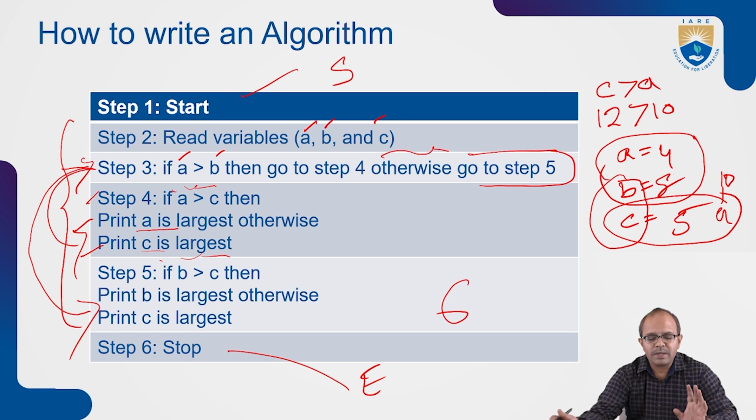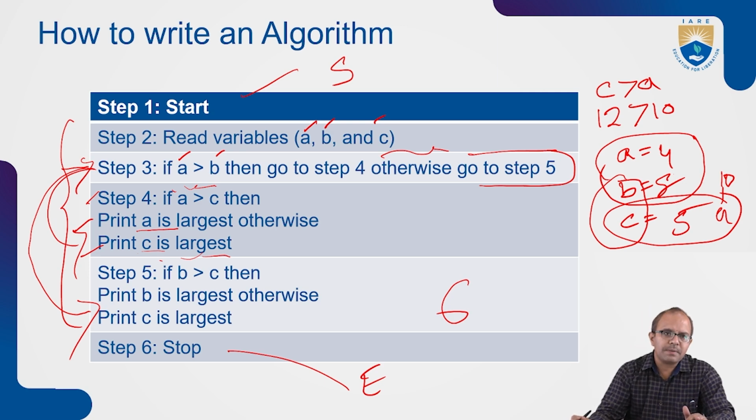For the given problem, what is the problem? Find the maximum among the 3 numbers. To this problem, we are giving an algorithm. If you clearly observe, all the definitions we studied are going to merge in this slide, in this particular problem. No algorithm is written randomly. Sorry, no step is written randomly. There is a specific purpose.